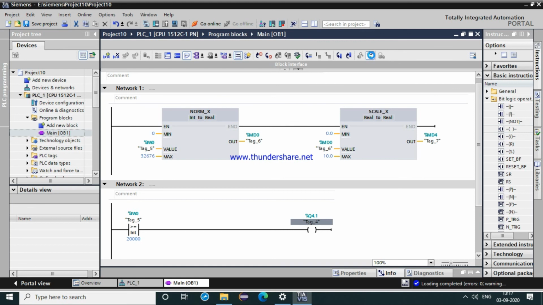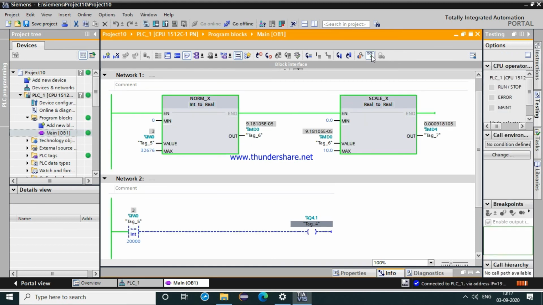As we go online, we can see the fluctuation as we have connected our analog.